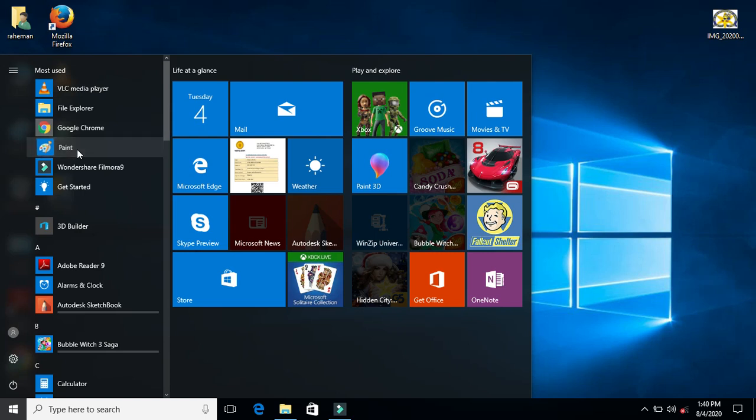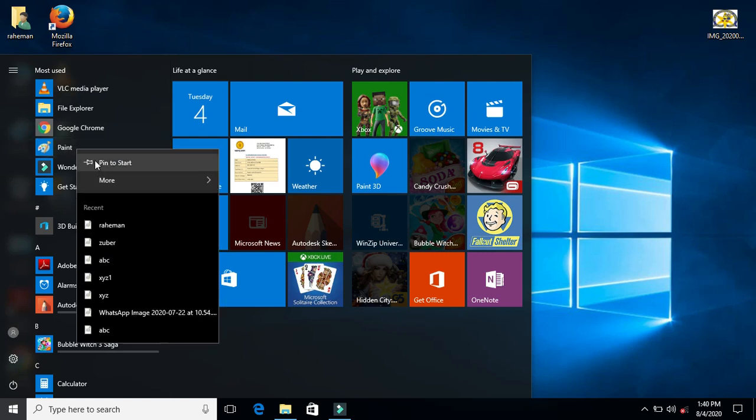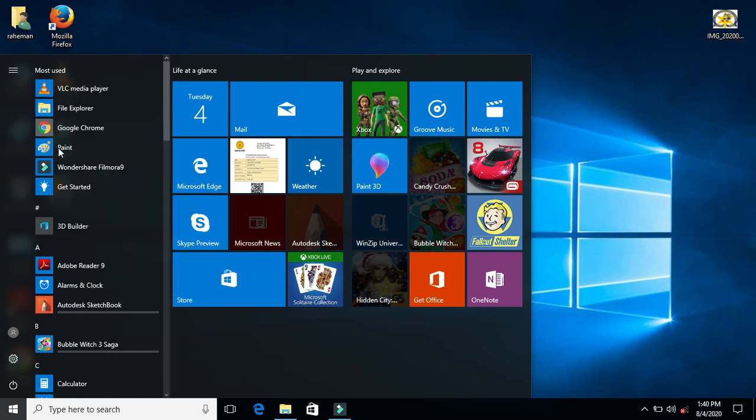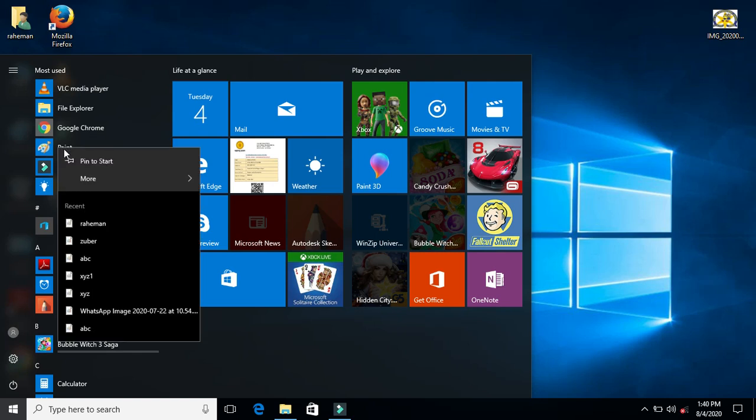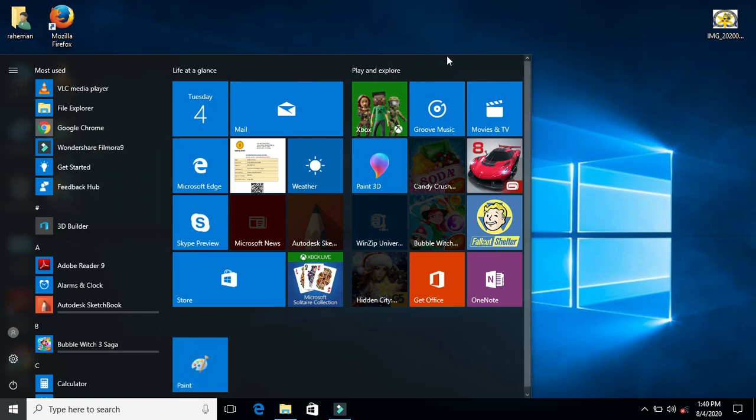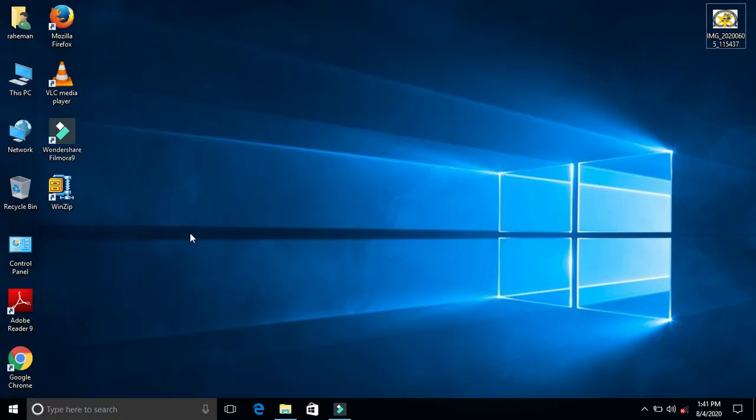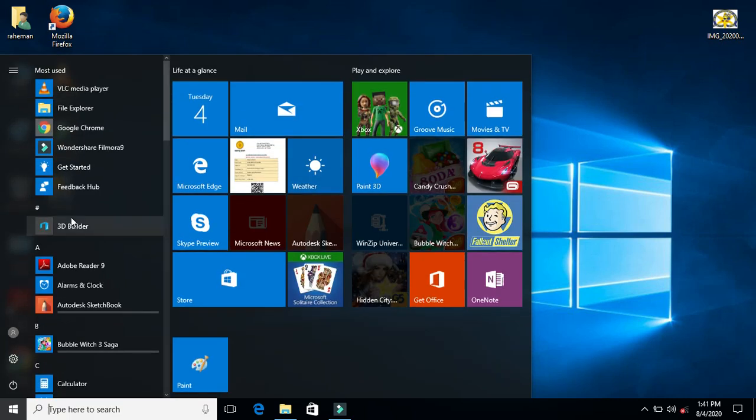Next, how do you find an app you want to open most of the time? If I want to use Paint multiple times, instead of searching every time, I just right click on Paint and you can see Pin to Start. Then I can see Paint on the start menu.